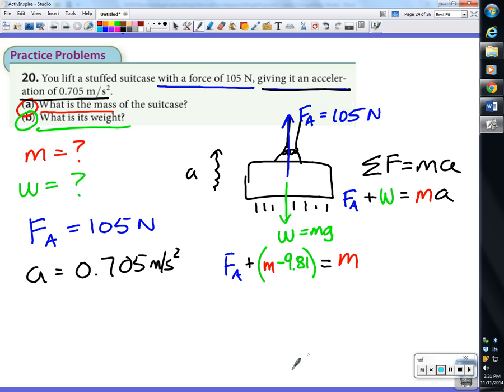Mass is still unknown over here, but we do know that the acceleration of the suitcase is 0.705 in the upwards direction, and that makes it positive. That F of A we know to be 105 newtons, also in the upward direction, so we can make that positive. Okay? So now we've substituted in all the values into the equation that we know, making use of the fact